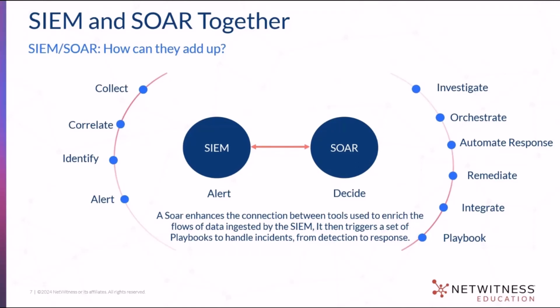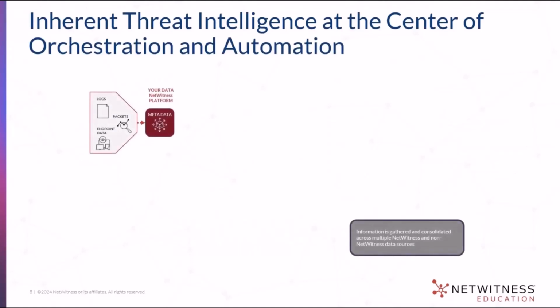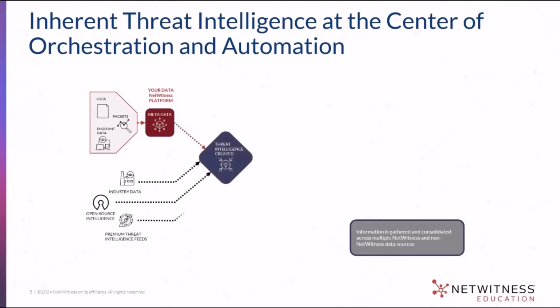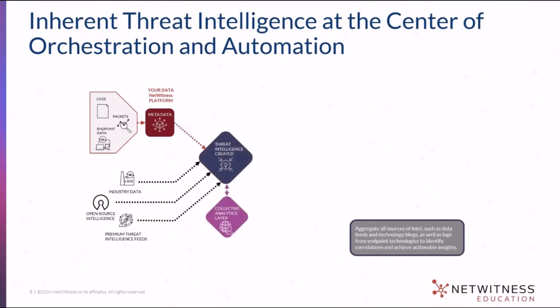Let's have a bigger view of how the flow goes from NetWitness to Orchestrator and then what happens. The first thing is to gather the data. So the information is gathered from several data sources like logs, packets, and endpoint data. All these are from NetWitness. All that data, once it's been collected by NetWitness, is sent to Orchestrator,